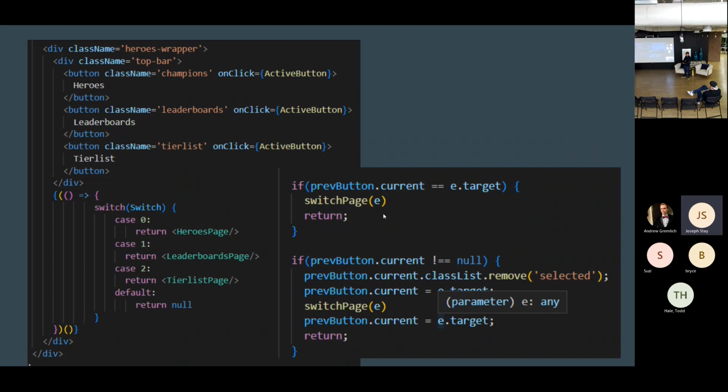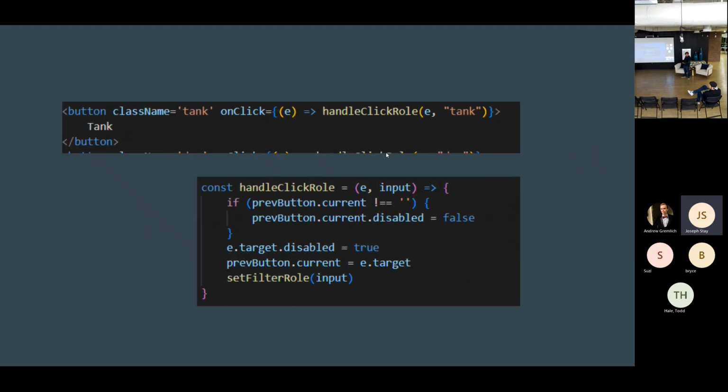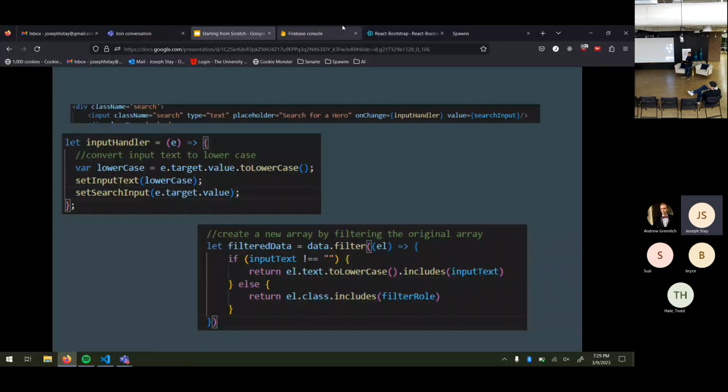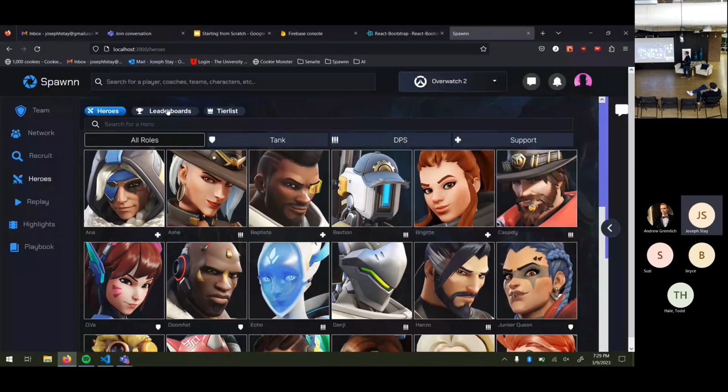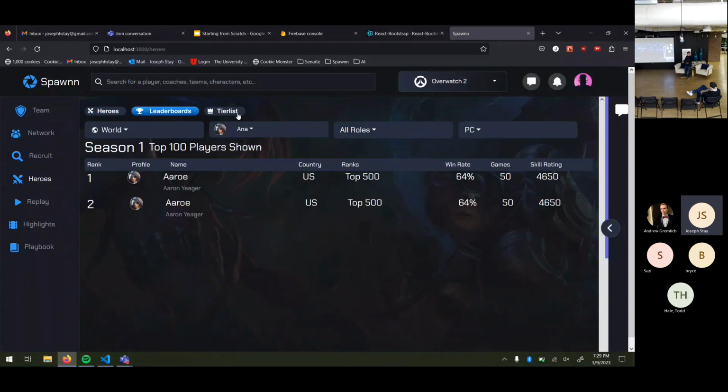in order to make the first one blue, in order to make each one look selected at a time, we have to deselect the current one and then select the new one. So we have to store the previous one and then select the new one and use the switch statement to get there.